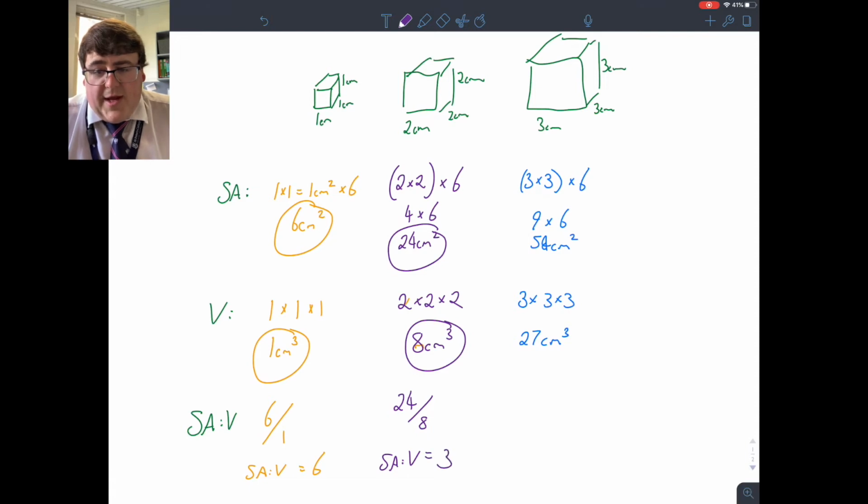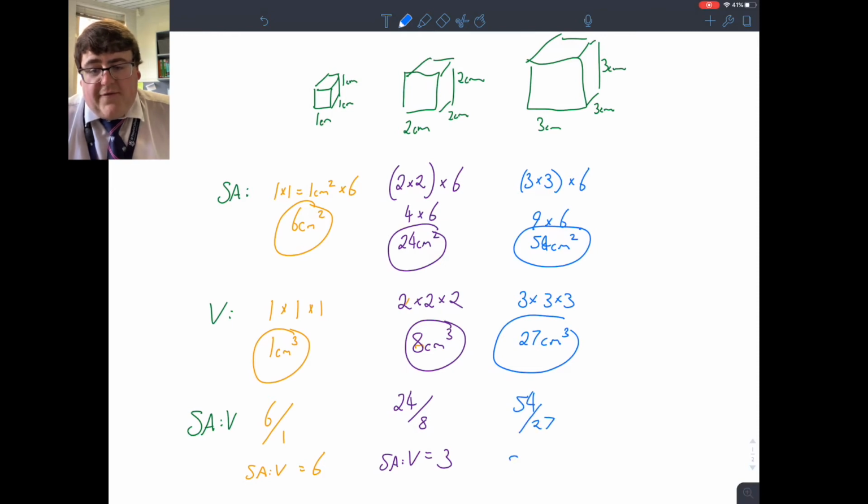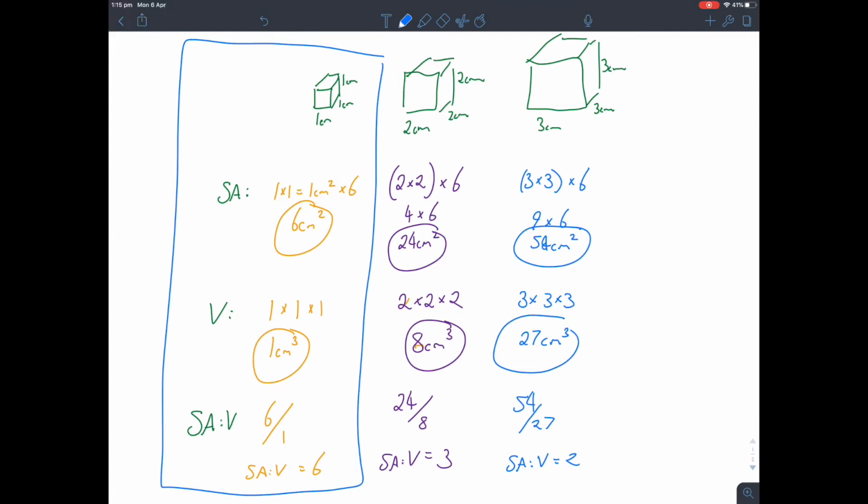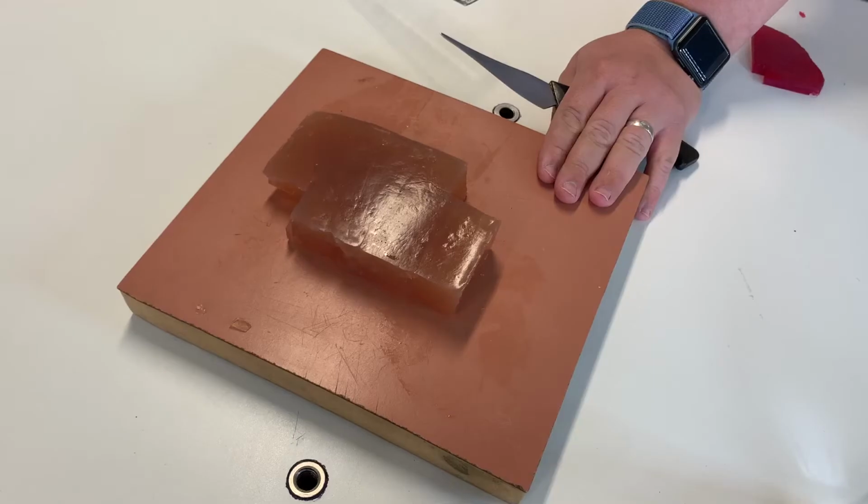Lastly, we're looking at our 3 by 3 cube, so 54 divided by 27. That's going to give us an answer of 2, so a surface area to volume ratio of 2. Based on this, we can say that because the surface area to volume ratio is higher for the 1 by 1 cube,